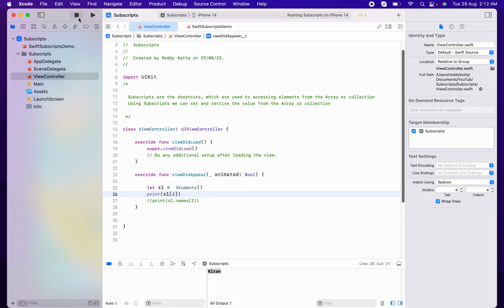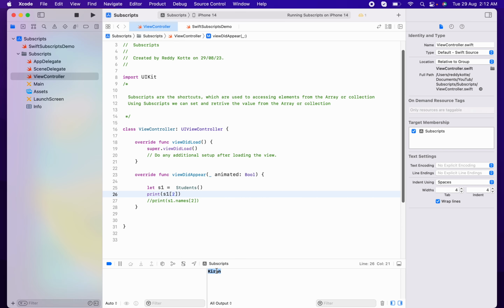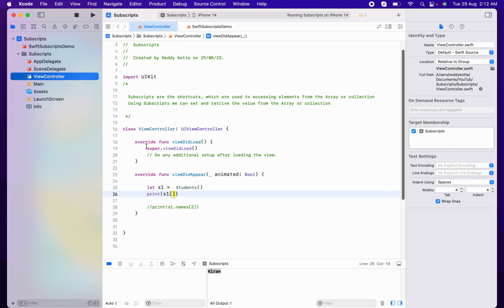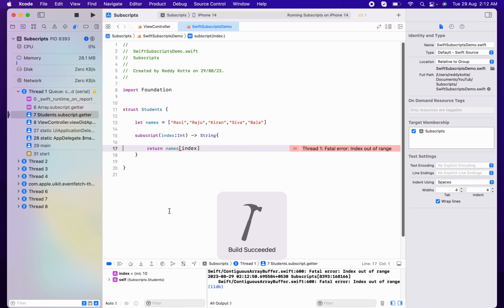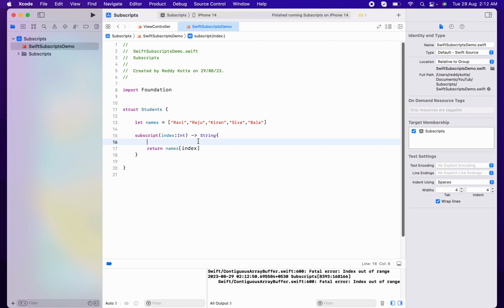See, now I'm trying to build, there is no error. Now I'm trying to run. Okay, run. So the exact output came. Here there is one more advantage. Let's suppose there are five elements, and by mistake you pass 10 in the index. Obviously the application will crash. To avoid this, what we have to do is, in the subscript,